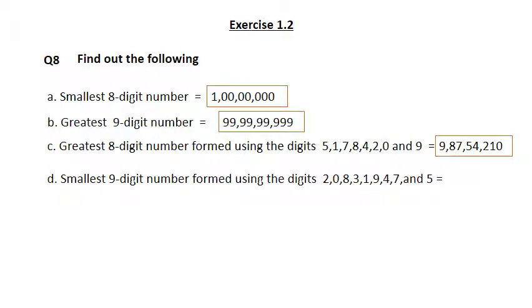These digits are given. Now here 0 is included, and we have to form the smallest 9-digit number. So what is our rule here? The smallest value other than 0. So here the one other than 0 is 1. So we will write this 1 at the extreme left. Then we will put 0, and the remaining digits we will write in ascending order. So our answer is 1, 0, 2, 3, 4, 5, 7, 8, 9. So our answer is 10 crores 23 lakh 45,789.